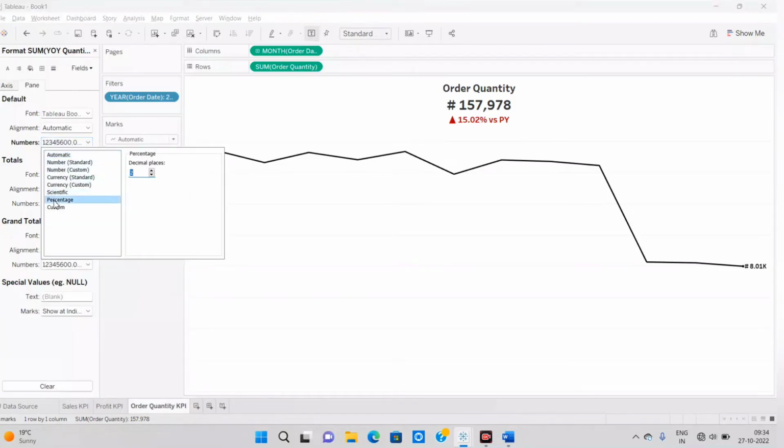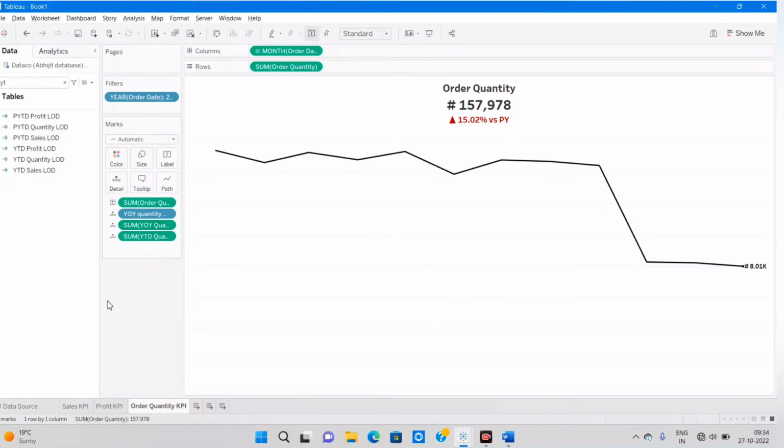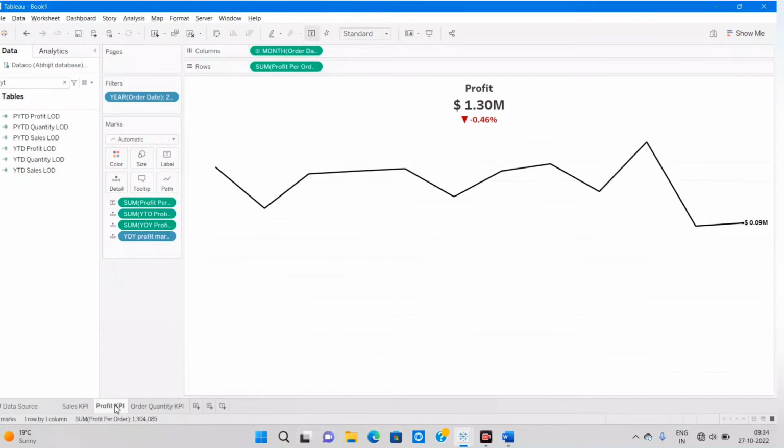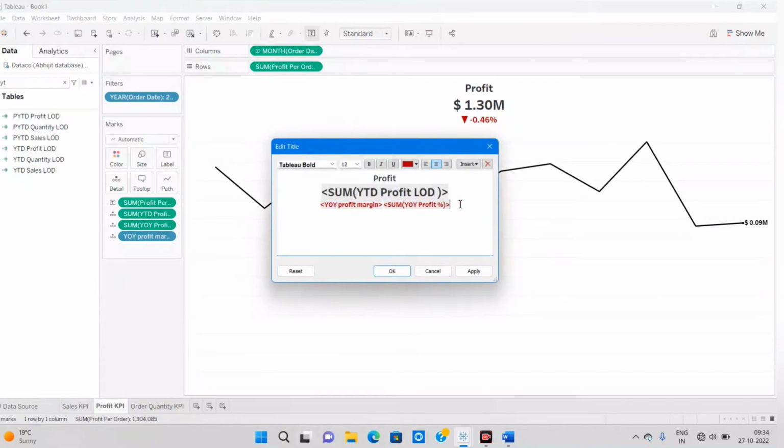And for this I will be using as percentage. All right, so similarly we will change here as well. Previous year, for here it is remaining, that is versus previous year. All right,